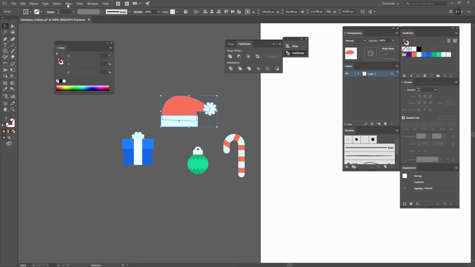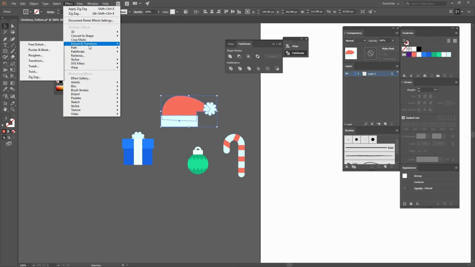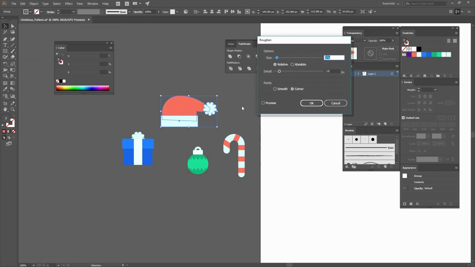Now I'm going to go to Effect and go Distort and Transform and find Roughen. Now if I click on that, I get a window like this, and here I can make some inputs. You can see that now it's too much, so I can bring the size to something really small, so even less than a percentage. So let's go to do that, and also you can change to absolute, which is going to affect less this effect, so just 0.8 maybe, or 0.9, and let's give it more detail, so something like 23, and make sure that your points are smooth. Now press OK,